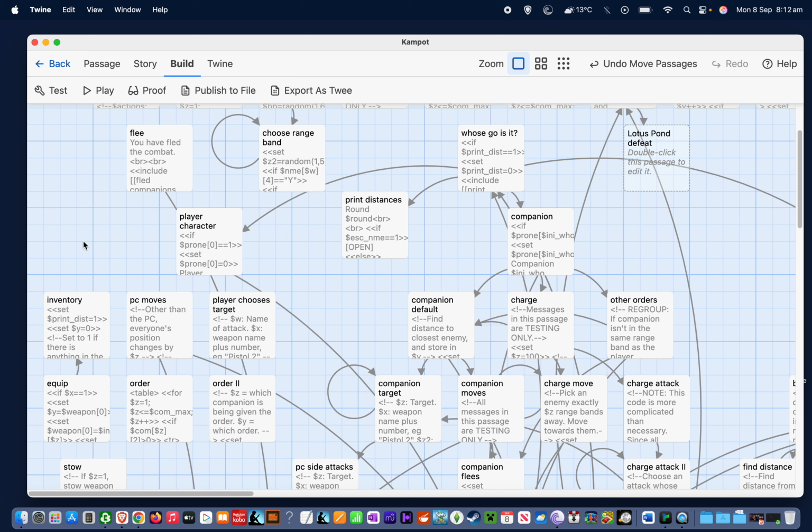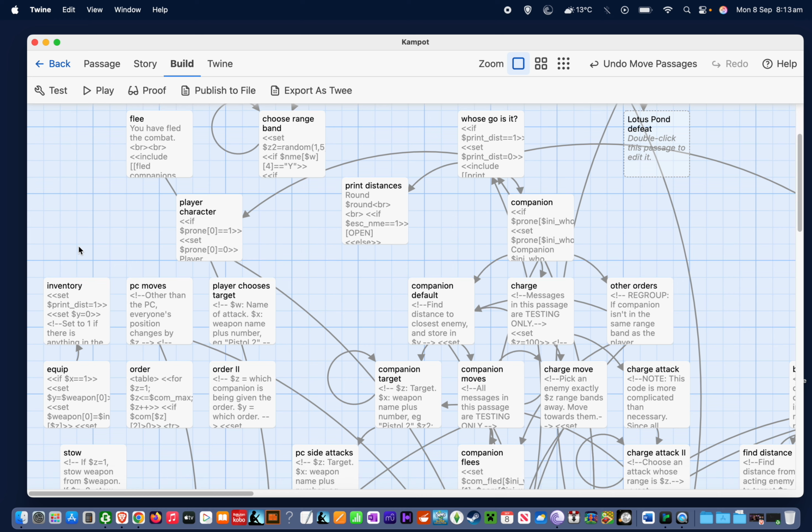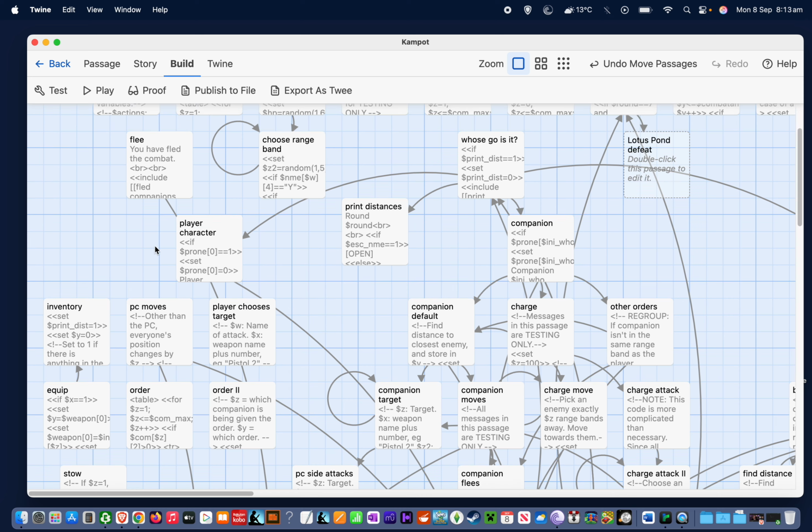When I have code that's almost identical, I usually think about, well, can I make it exactly identical? Because if I make it exactly identical, then I can put it in its own passage and I can use includes. And that has the advantage that I only need to update the code in one place if I do decide I want to change it. Whereas having it in two places means, of course, that I have to update it twice. So I always ask whether that's worth doing. I decided in this case that it wasn't, but you know, that's a bit of a judgment call. Anyway, let's have a look at the